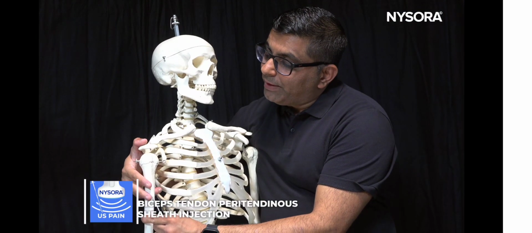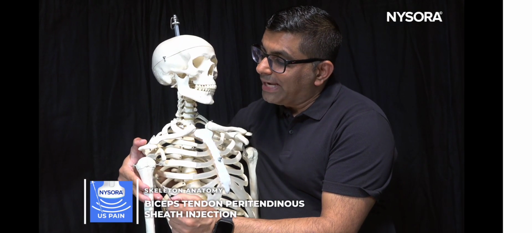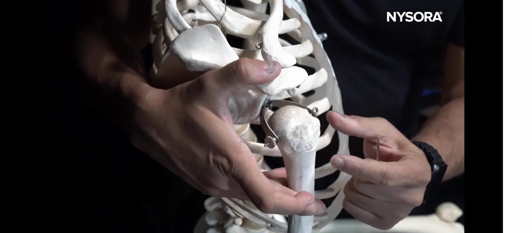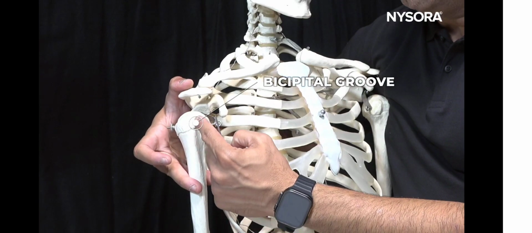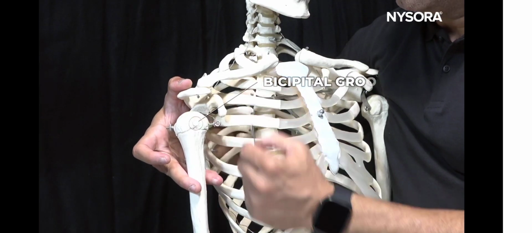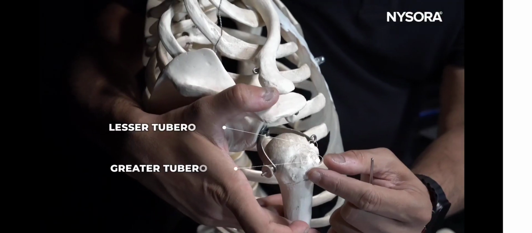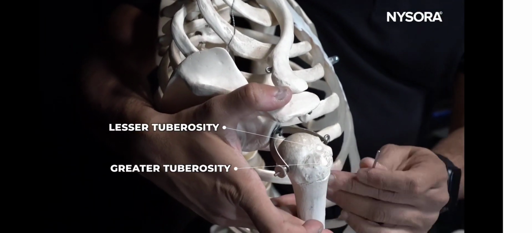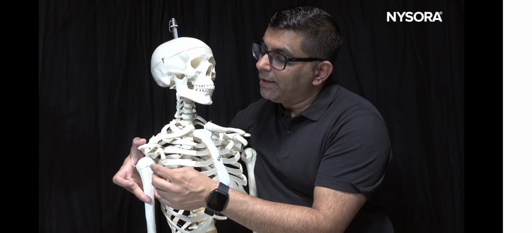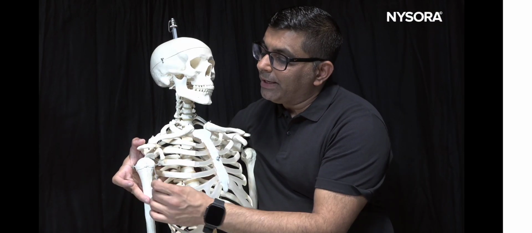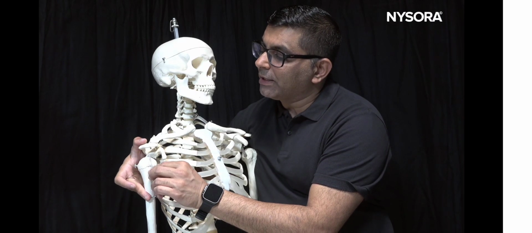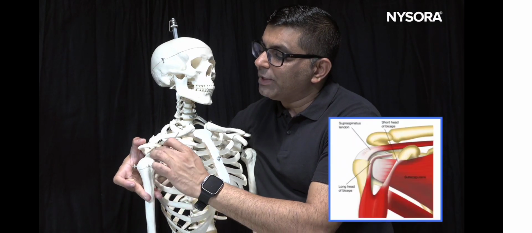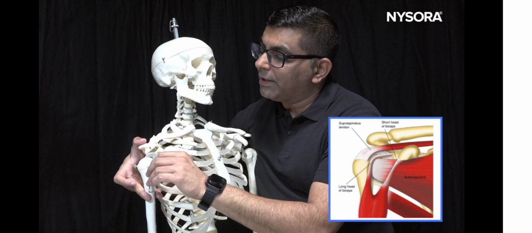I'm going to talk to you about the bicipital tendon and peritendinous sheath injection and the importance of the skeletal anatomy. As you would see here, the bicipital groove is where the bicipital tendon, or the bicep tendon, lies, and you have the greater tuberosity and the lesser tuberosity. The lesser tuberosity is medial, the greater tuberosity is lateral. The bicep tendon is sitting between the two, and then the bicep tendon goes up and becomes intra-articular, and that's another